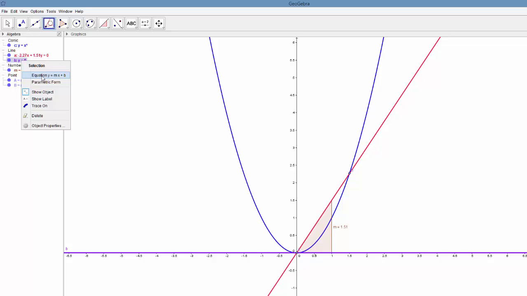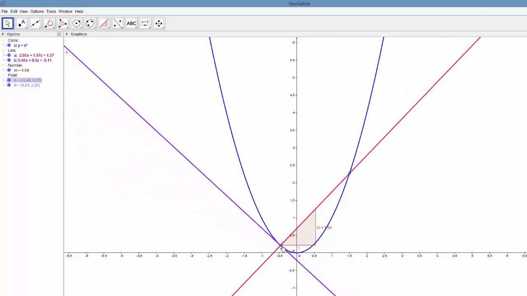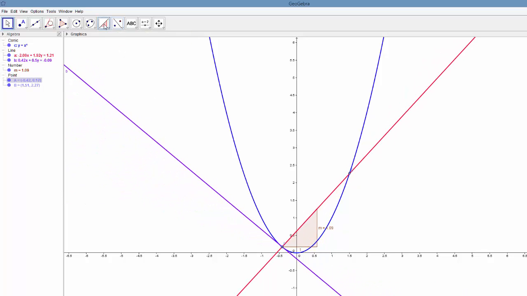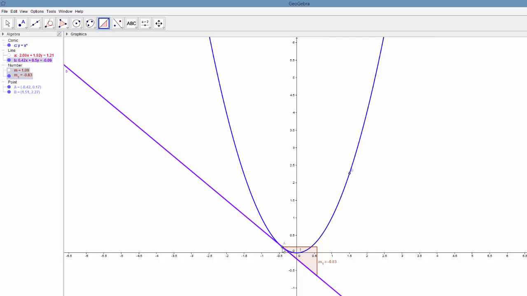Okay, but keep in mind, depending on where my point A is located, that slope is going to change. So let's go ahead and move point A, and now we can see that that line changes. Let's also get a slope triangle for this line. And let's take away, for a second, this other line that we had drawn, so we can just look at the tangent line. So depending on where point A is, the slope of that tangent line